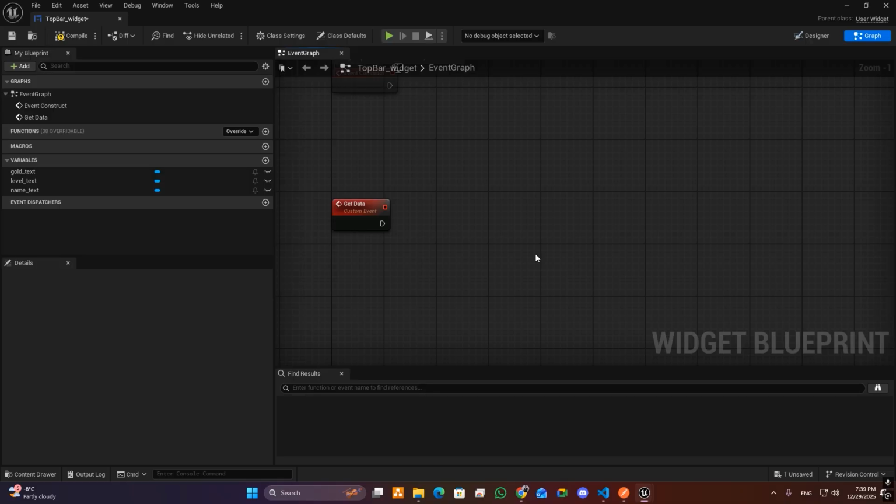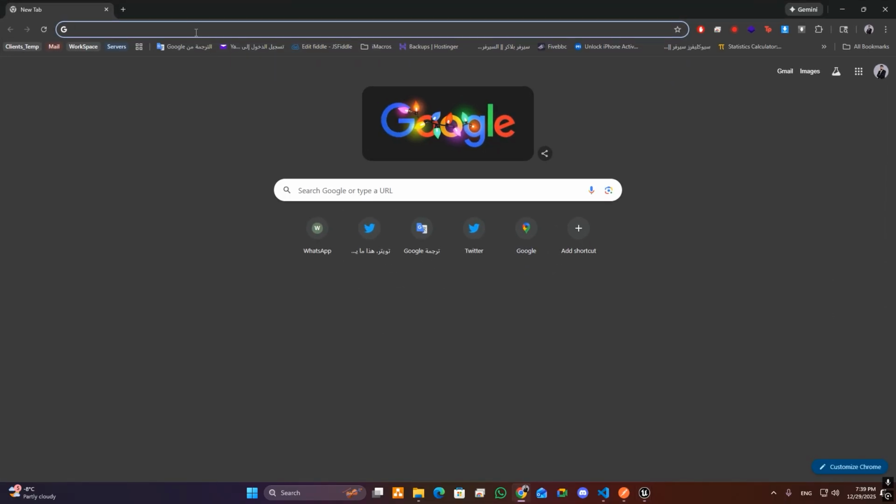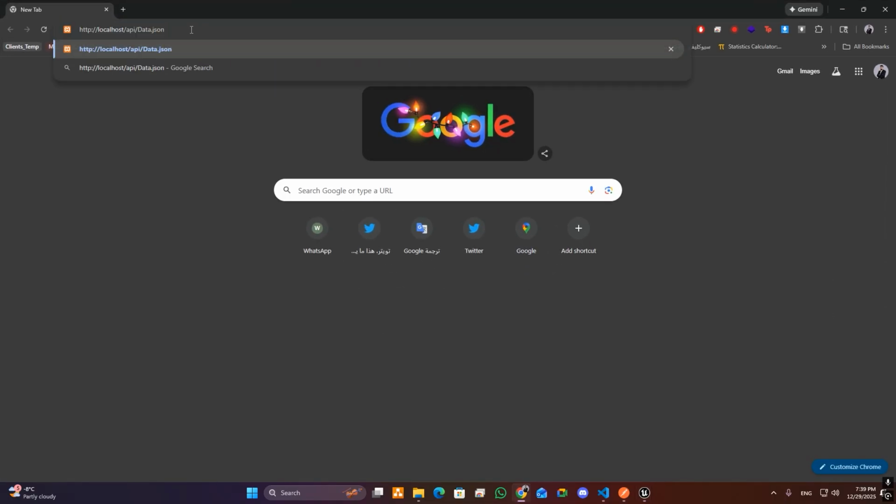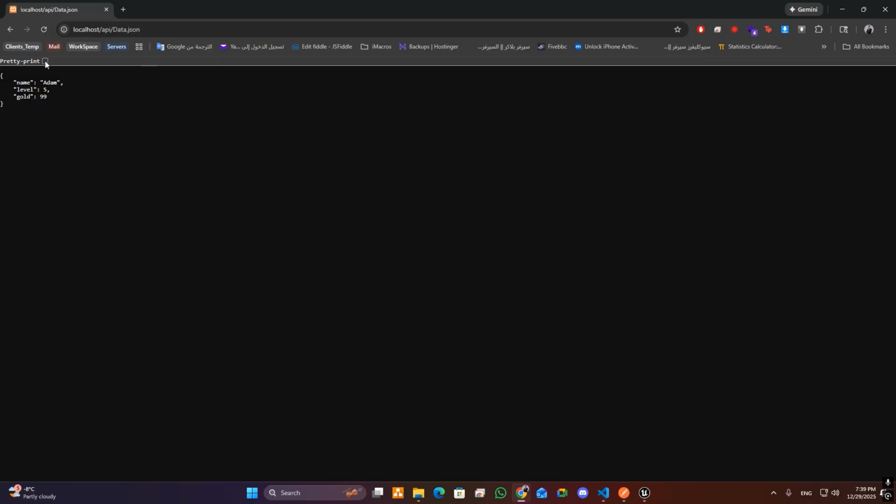So actually we can visualize our JSON file just by going to open your browser, type the link here, paste it here, and then press enter. We can see it now with the attributes, so we can visualize it and make sure the server is up and ready. By the way, you could use a production server wherever you have, just make sure you can connect to it. Alright, let's go back to Unreal Engine,